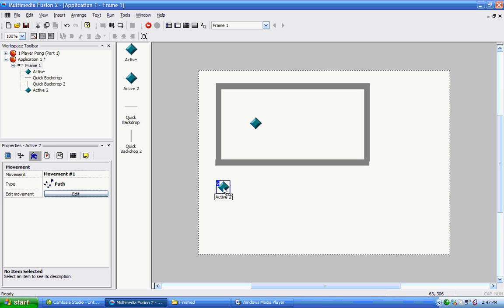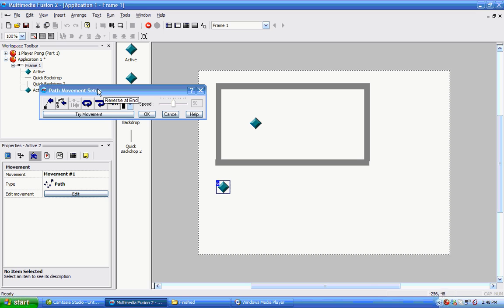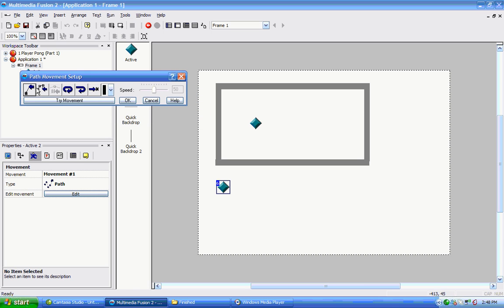Now what a path movement is going to do is we can specify a path for this object to go, and then it'll go in that path, just like it sounds. So I'm going to click the edit button over here in the properties panel, and now I get this path movement setup box. So now we can draw lines for our object to go on. So we just click new line, and then we can see that if we move it